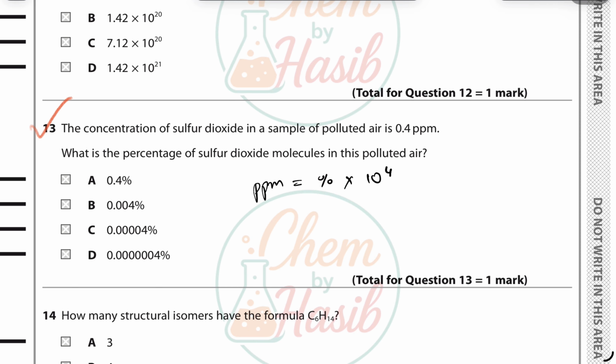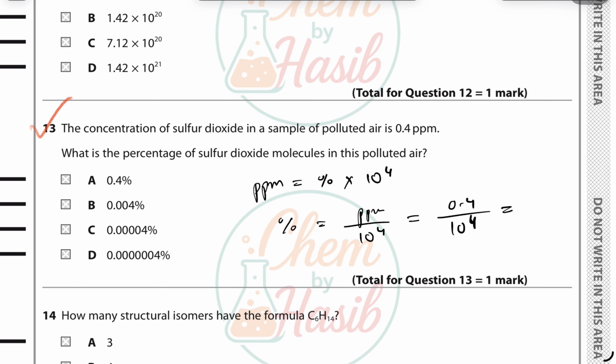So you can find the percentage by dividing the ppm by 10 to the power 4. You divide by 10,000, so this would be 0.4 ppm divided by 10 to the power